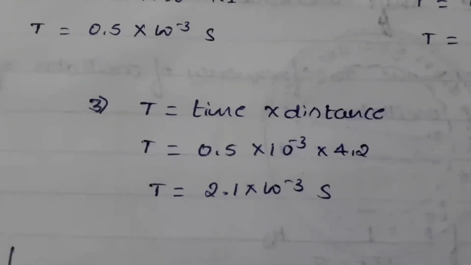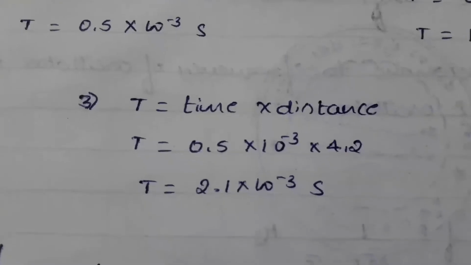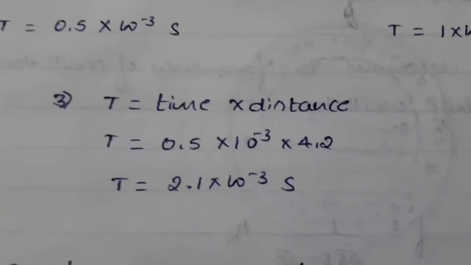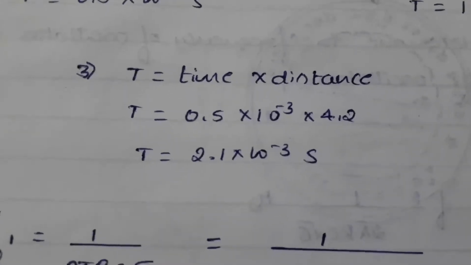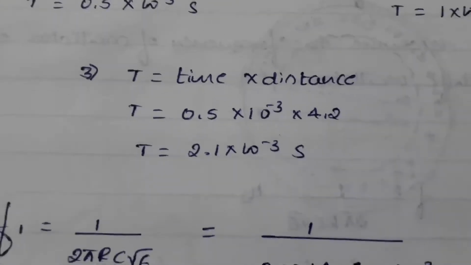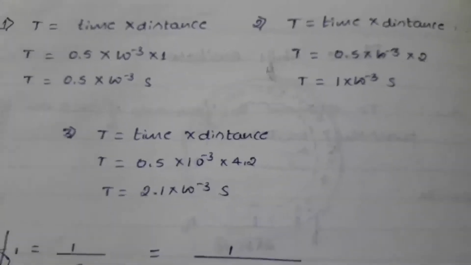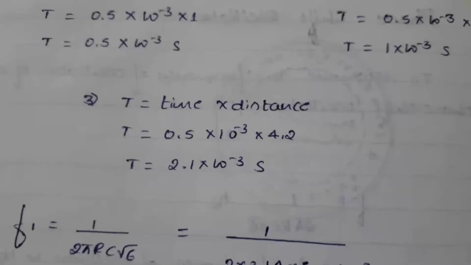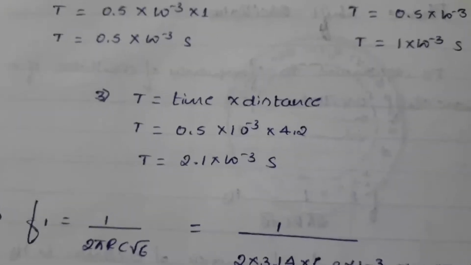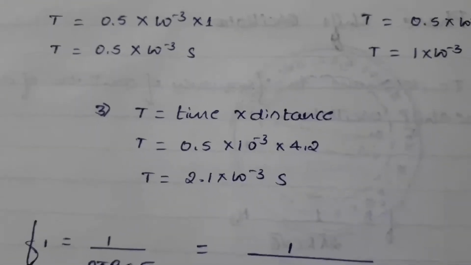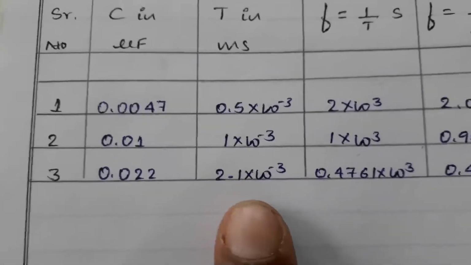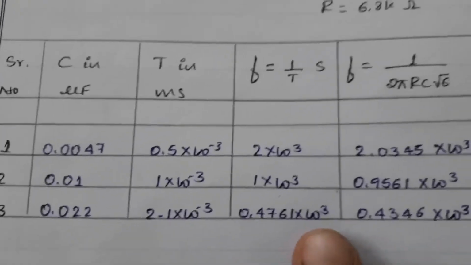Now we have got the time is 0.5 into 10 raised to minus 3 and the distance is 4.2. Finally, we are going to get period T is equal to 2.1 into 10 raised to minus 3. By taking the reciprocal of this one, we are going to get the frequency. The reciprocal of 2.1 into 10 raised to minus 3